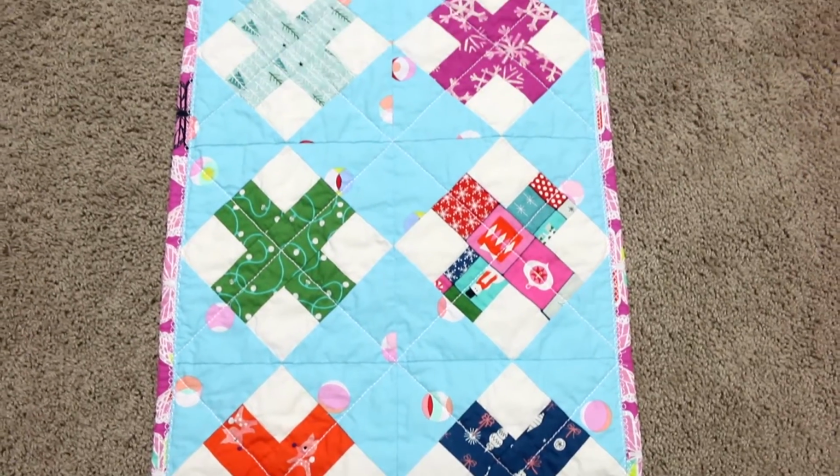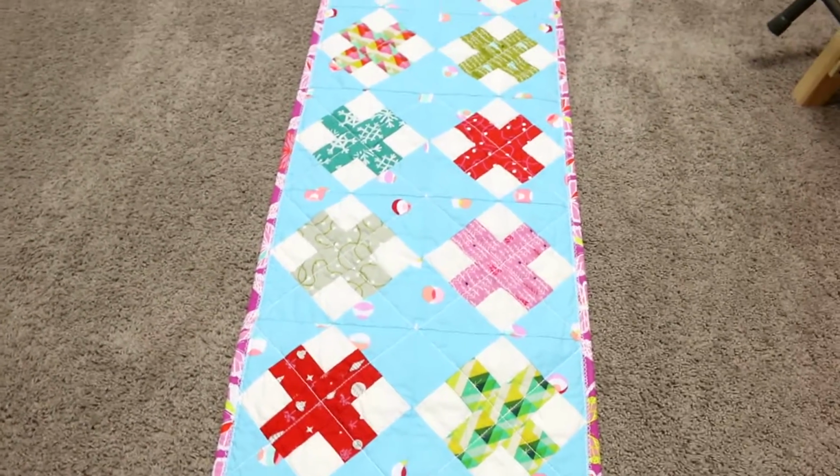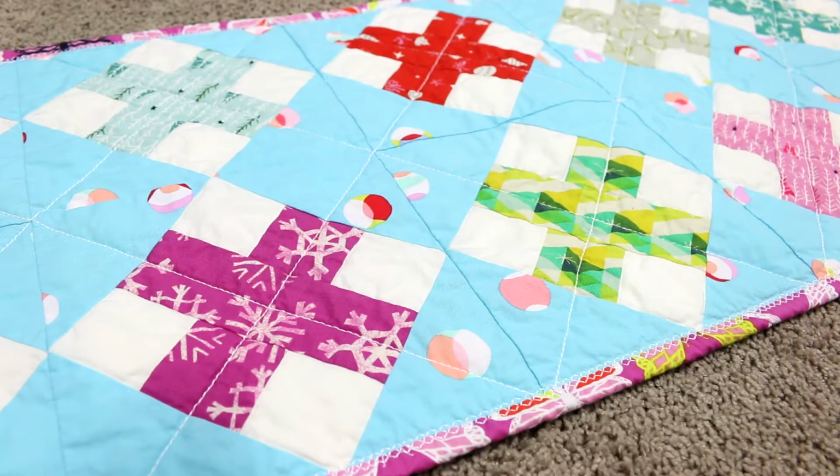And I also want to show you a table runner that I finished over the weekend. It's made from Cotton & Steel's Garland line, and I made some Raspberry Kiss blocks. There's about 18 total, so there's 2 rows of 9 blocks. And then the one thing that I was kind of bummed about was that sometimes I